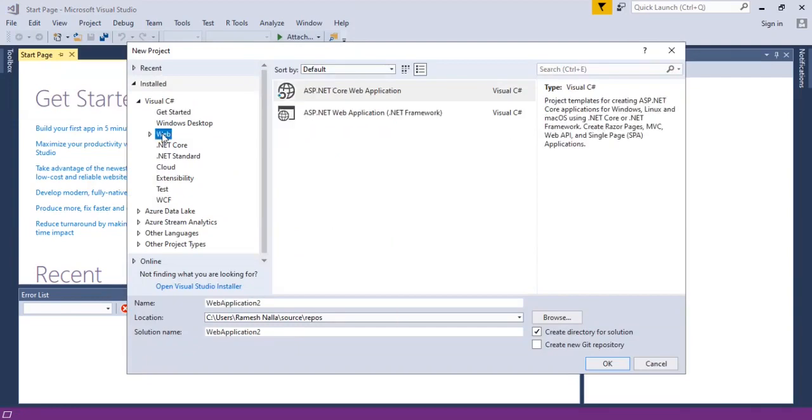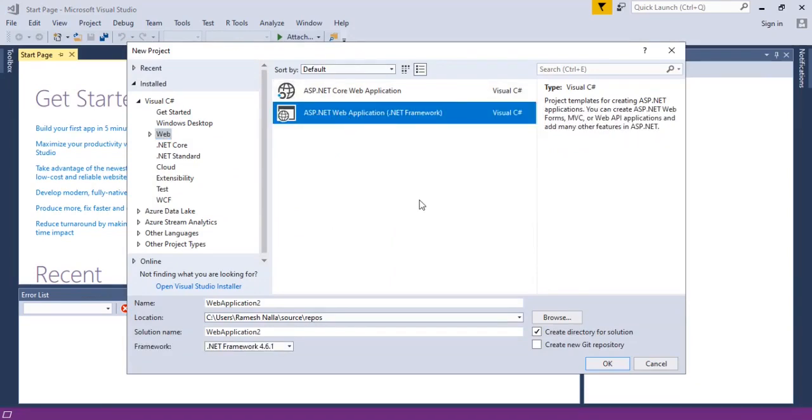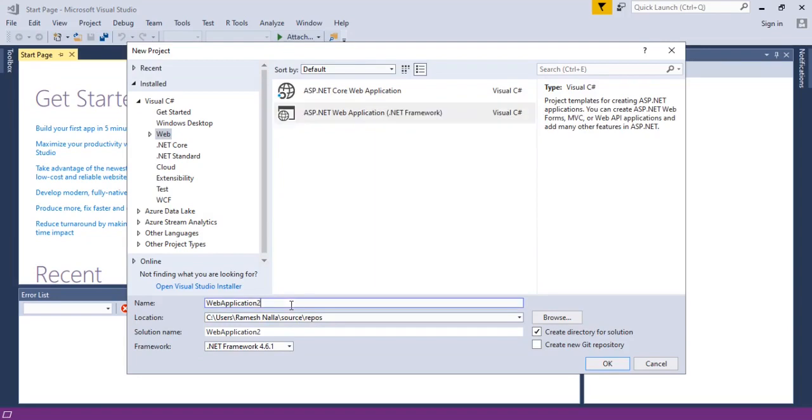This is a web service, a web API, so I'm selecting the Web option and going to ASP.NET Web Application. I'm naming it demo employee service, with .NET Framework version 4.6.1, and clicking OK.